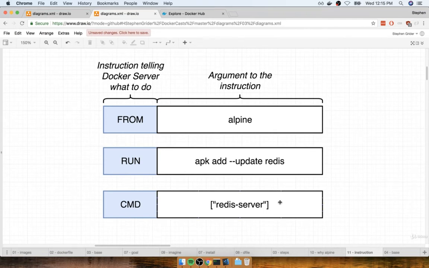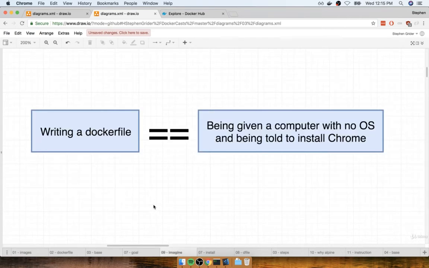In this section, I now want to break down what was really occurring behind the scenes with each of these instructions. We're going to first begin by taking a look at a little analogy, to help you understand the structure or purpose of those lines of configuration inside that Docker file. So, quick analogy. I'm going to tell you writing a Docker file is a little bit just like being given